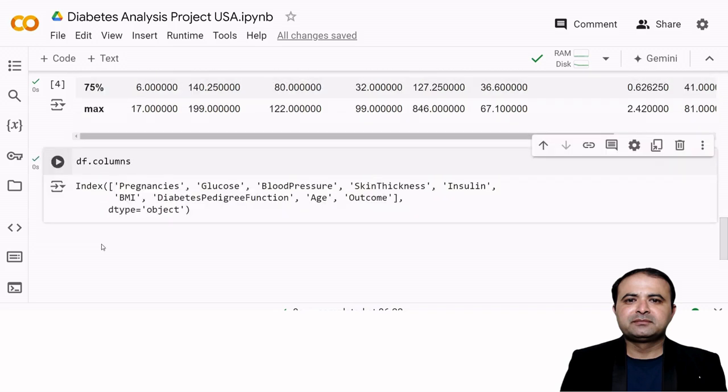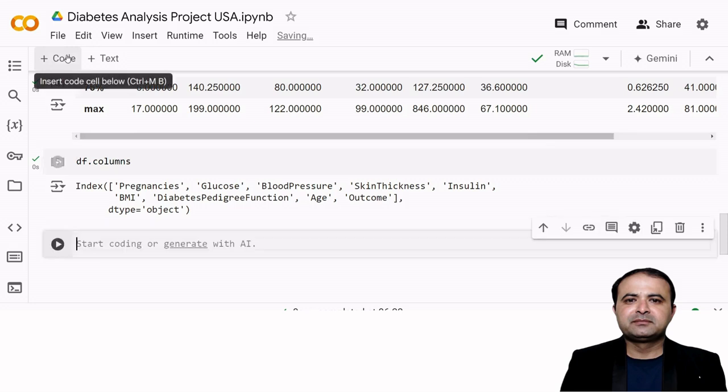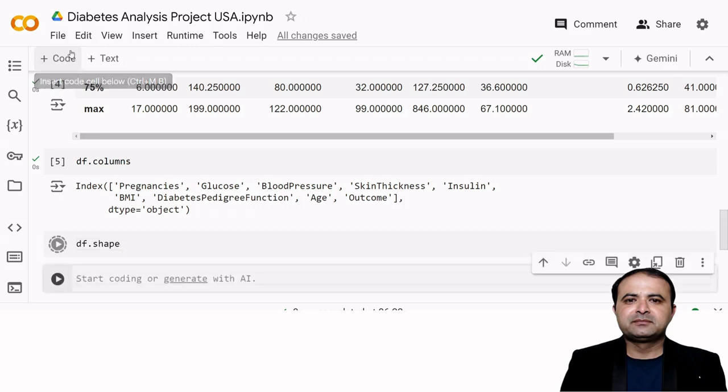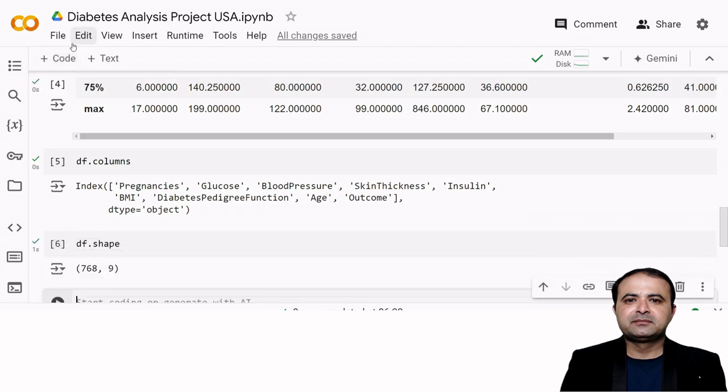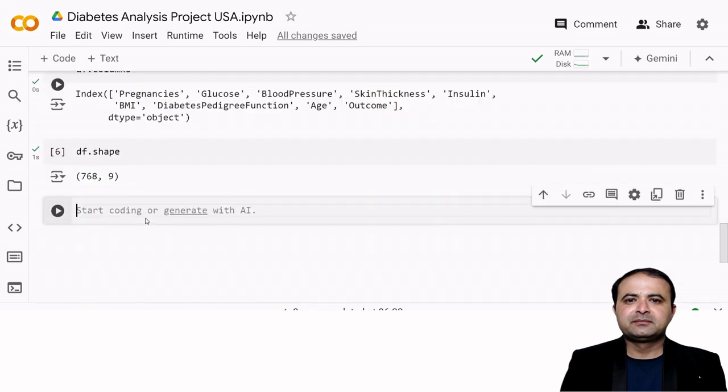So these are the columns, and some basic information and the shape of the data. So the rows and columns are available,